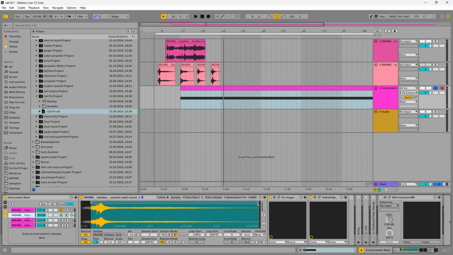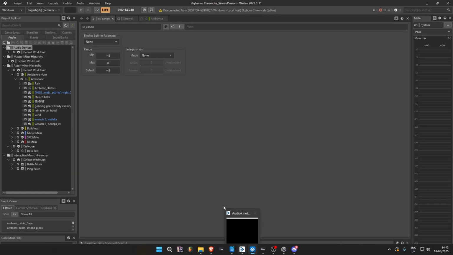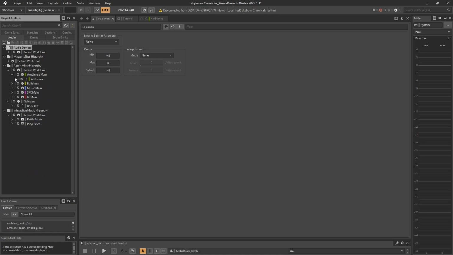And so here you kind of get a pattern and an overlapping thing, and what was really important for me is that the whole thing looped. So I ended up having this larger chunk sample file that I didn't really have to do much with inside of the game engine, or in this case Wwise. I just had to have it loop. And so